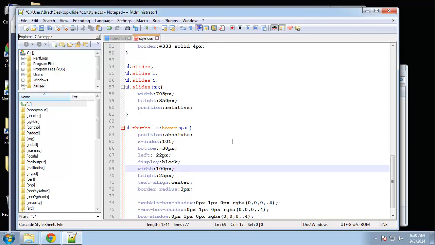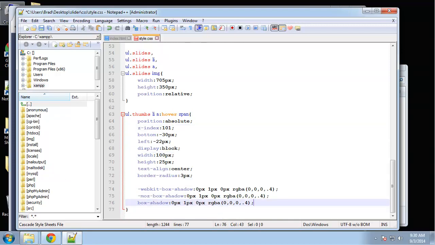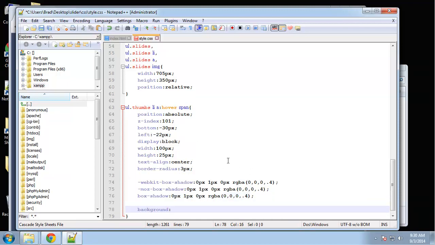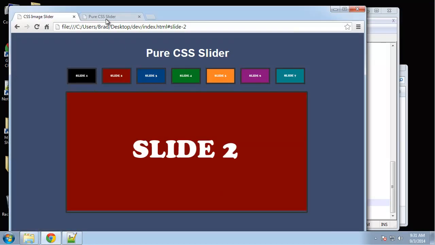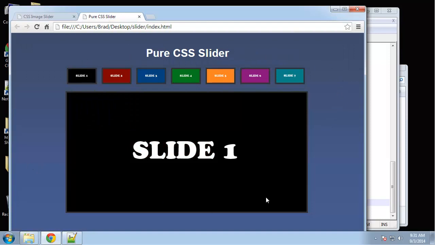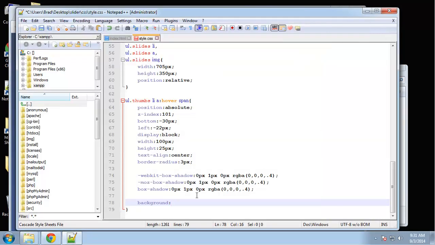Alright, now let's go ahead and create a background. Okay, so the background, we're going to actually do a gradient here. Now, prior to CSS3 and the gradient, being able to set the gradient, we would have to use images, much like we did with the background. So for our gradient background, we used an image, but you can do it through CSS,